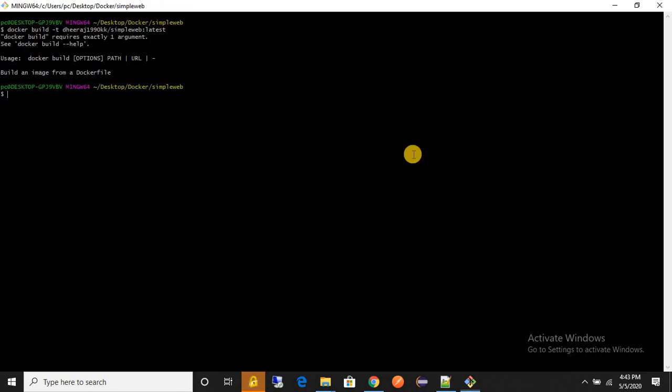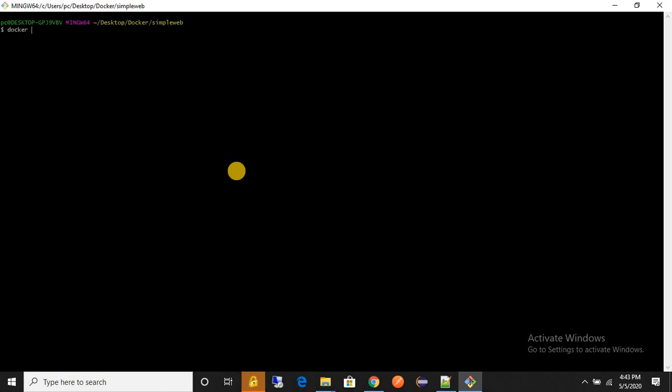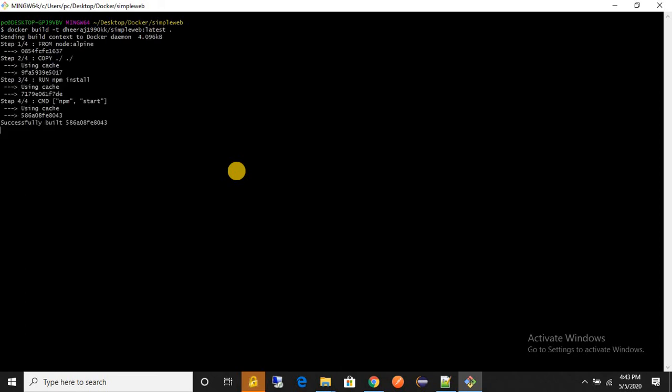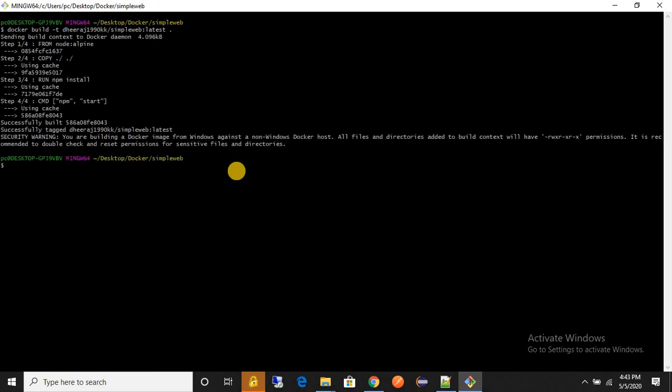Oh, have you got it? What are we doing wrong here? We haven't provided the current directory. Docker build -t Docker ID and dot. Okay, it got built.